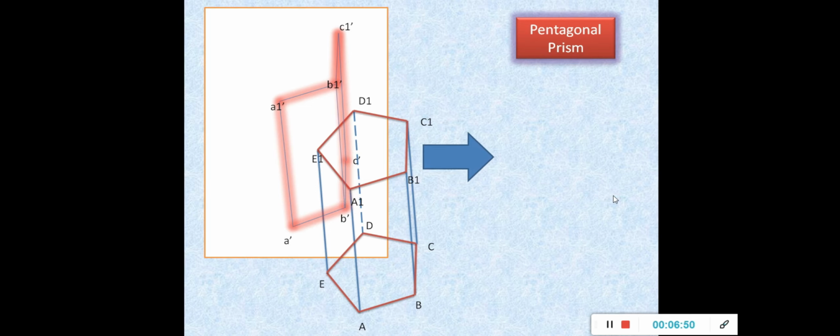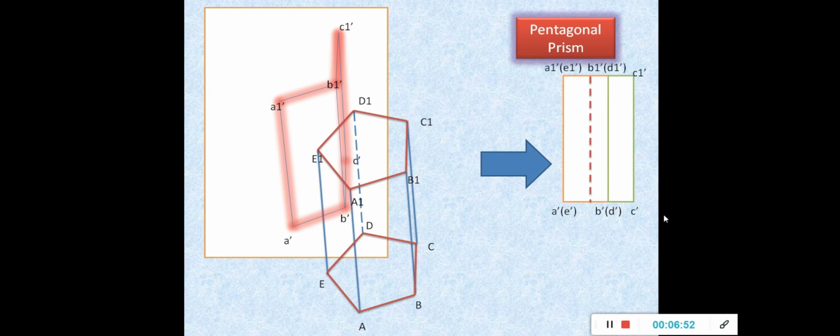Now how to obtain the front and top view? The front view I can see this way. As you can see here, I've shown two rectangles, which are named A, B, C. Since it is a front view, A dash, B dash, C dash is visible, D dash and E dash are invisible, so I represent these within brackets here.